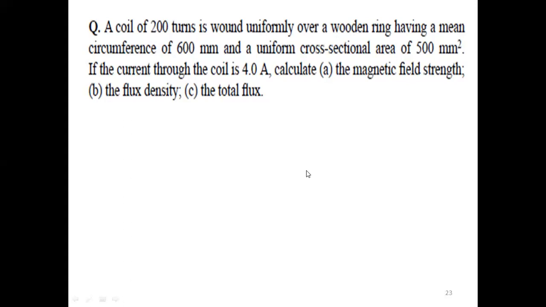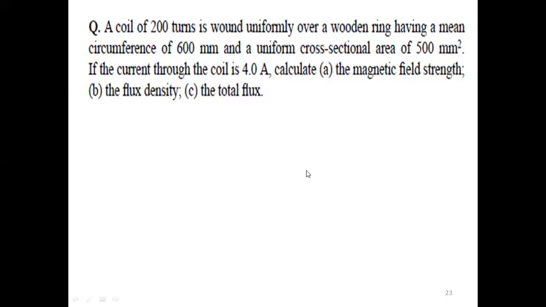Over a wooden ring having a mean circumference, what is that? It is the length of the material we can consider, that is 600 mm. L equal to 600 mm equal to 0.6 m. Length is in meter. Milli means 10 to the power of minus 3, so 600 into 10 to the power minus 3 is 0.6 meter. L equal to 0.6